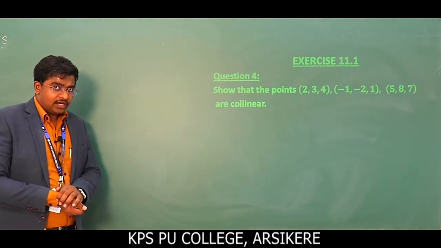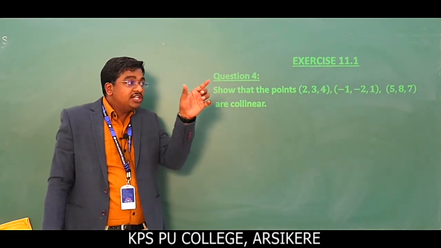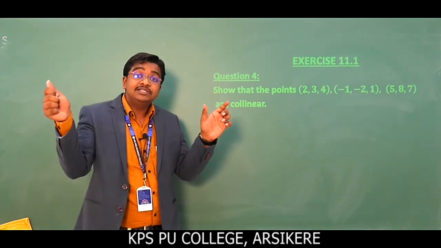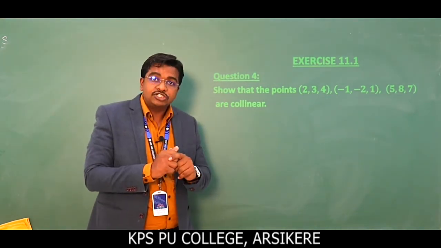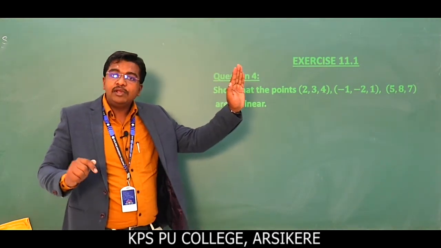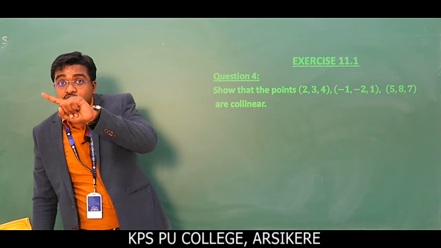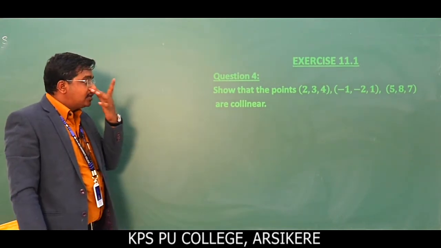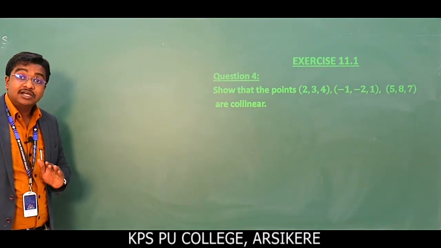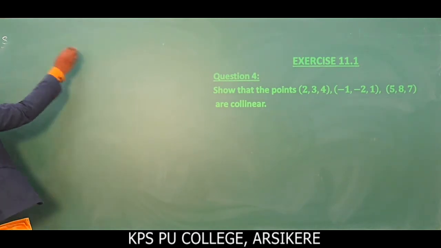So the 3 points are collinear. Suppose you take 3 points A, B and C that are collinear. The direction ratios of the line joining AB and the direction ratios of the line joining BC are proportional. Once they are proportional, the lines are parallel. The lines AB and BC being parallel means that the point B is common to both AB as well as BC. Hence the given 3 points are collinear. Using that property we are going to show that the given 3 points are collinear. Okay. I take the given points as A, B and C. Solution.